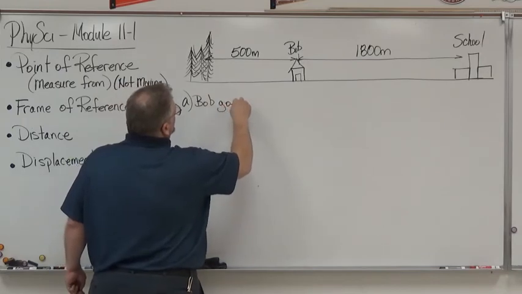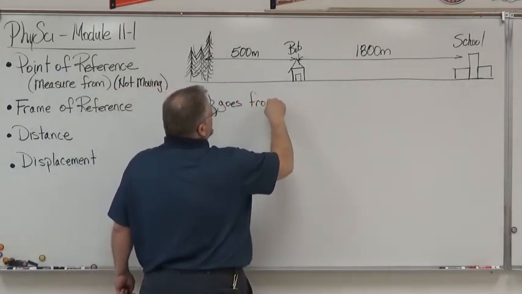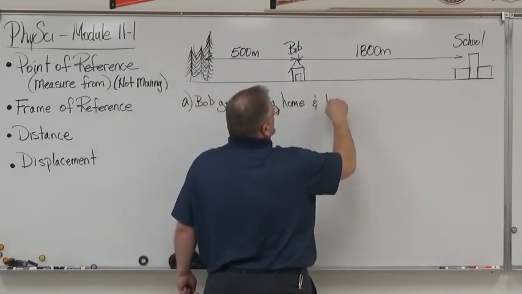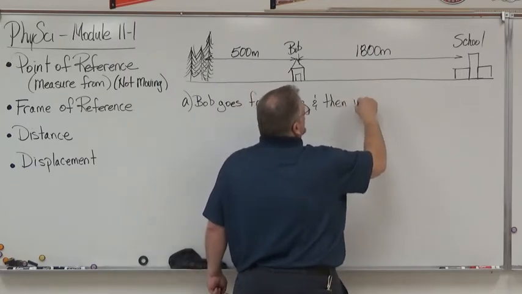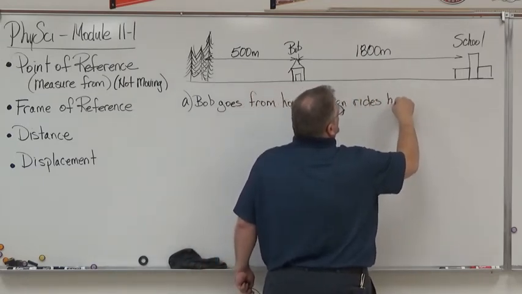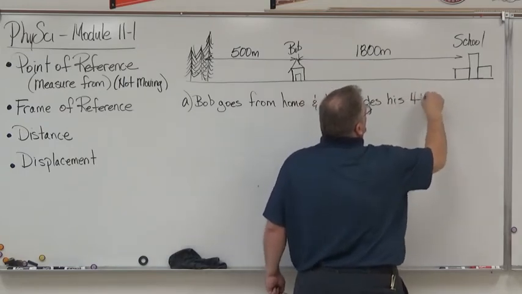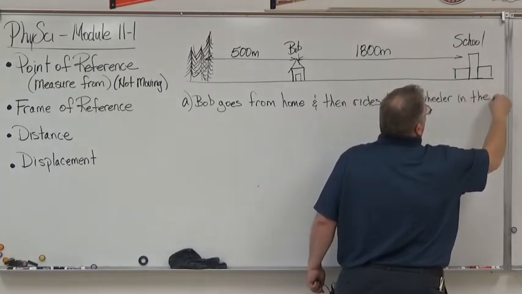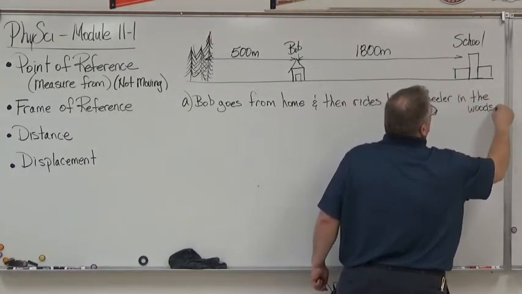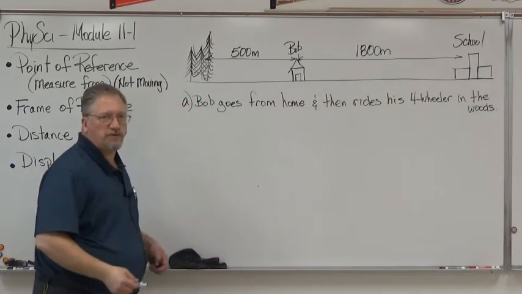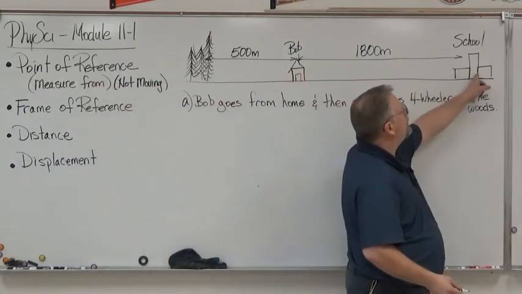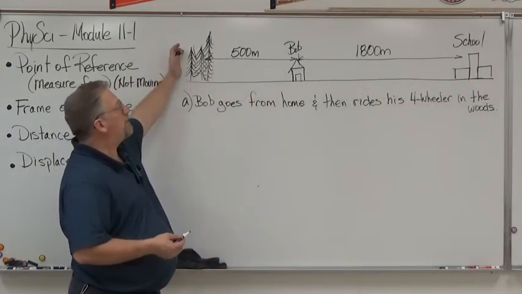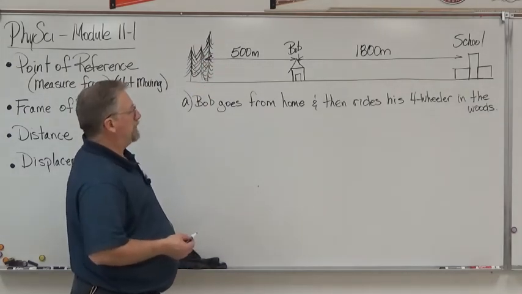Bob goes to school from home. And then rides his four-wheeler in the woods. Okay, there's a simple scenario. Bob's gonna leave his house, go to the school, and after school, gonna go back past his house, go out into the back 40 there, and go right around on this four-wheeler. So,